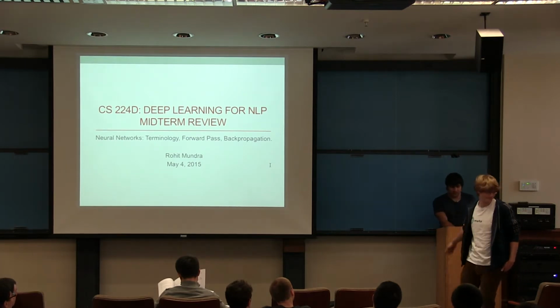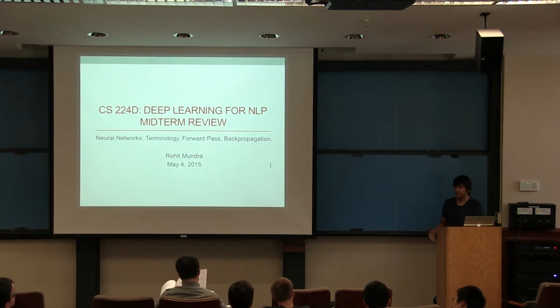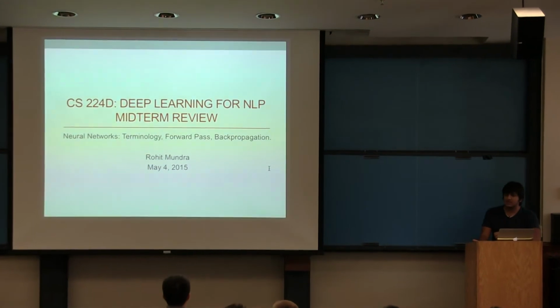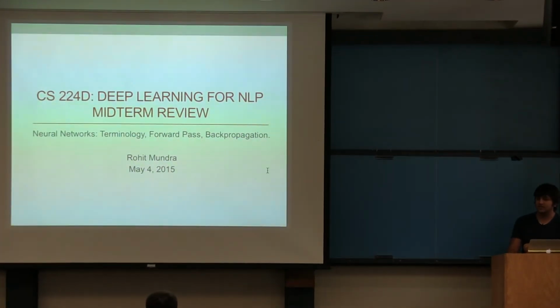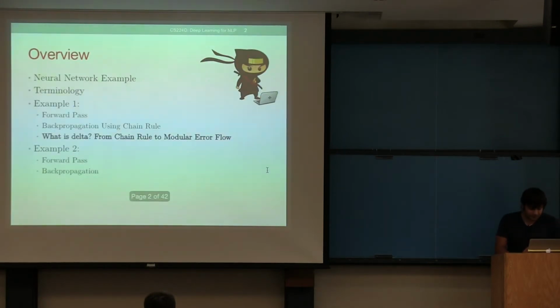All right. Thanks. Hi guys. So I'll be reviewing the basics of neural networks, including the terminology, what a forward pass is, what backpropagation is, and most importantly, how to do all this really, really quickly. Like Richard said, the exam is potentially going to have derivations and other problem solving. So you want to be comfortable with these topics, and you don't want to be figuring out how backprop works for the first time in the exam. I'll try to get to the point rather quickly where you can do these little tricks and see how the error flows backward. But we'll start with the bare basics right now.